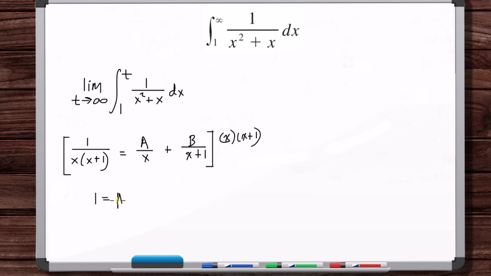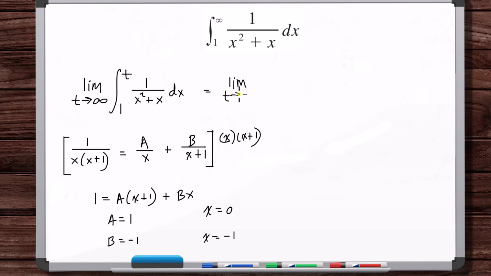So when x is equal to 0, all right, when x is equal to minus 1, okay, so we've got